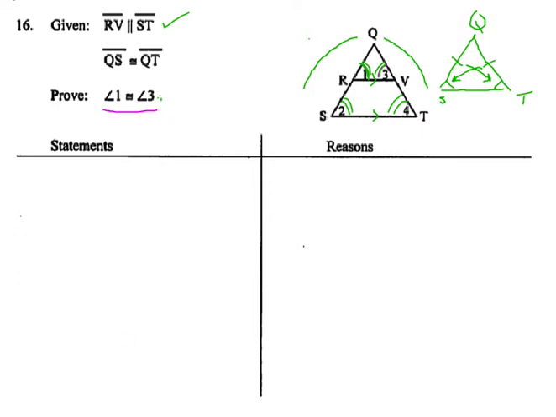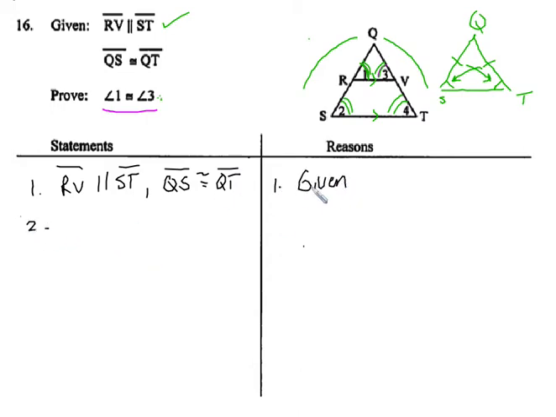So I've got to write down everything that I was just saying. So let's start with the given. We started that RV was parallel to ST, and we started with QS was congruent to QT because it was given to us. The first thing I marked after saying that those two lines were parallel, RV and ST, was that angle 1 and angle 2 were the same. And I said that because I had corresponding angles. So my corresponding angles